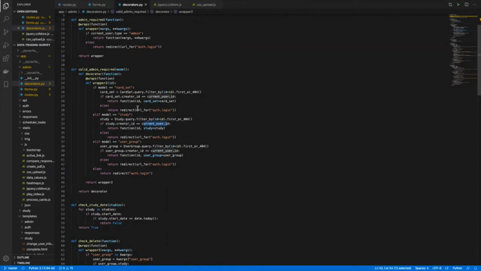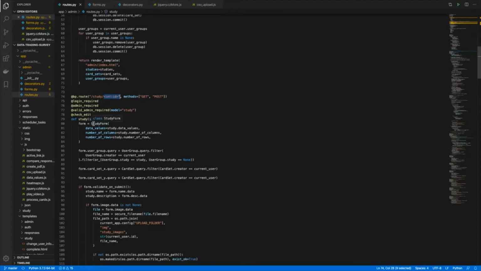And this prevents any other administrator from accessing other administrators' resources in the application. And this same method is used for the user group and card set endpoints as well.